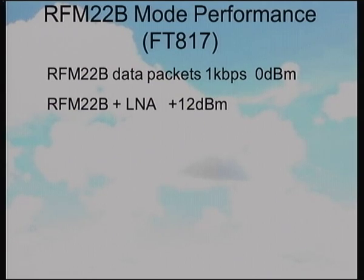So by adding an LNA, I could see I got much lower power. So an LNA adds 12 dB, which you can do the maths, very simple, 6 dB is double distance. So 4 times the distance by adding an LNA. So we're probably up in the order of 200 kilometers with an LNA. That's the telemetry